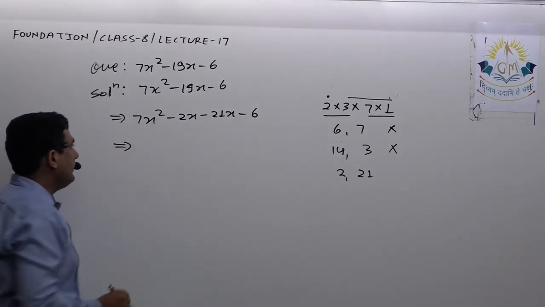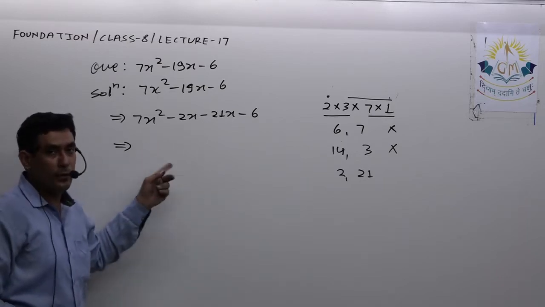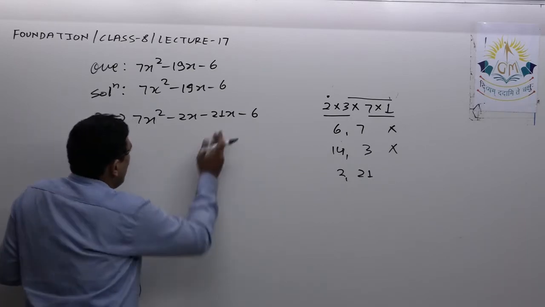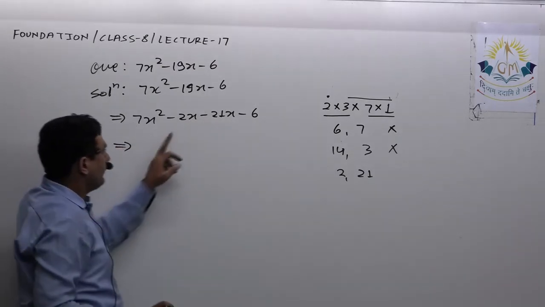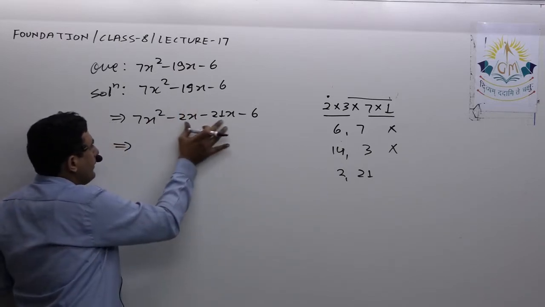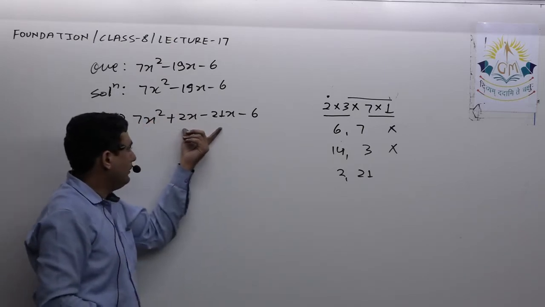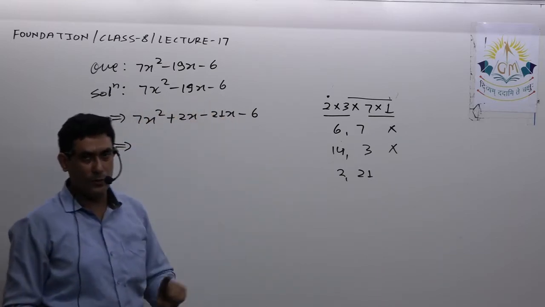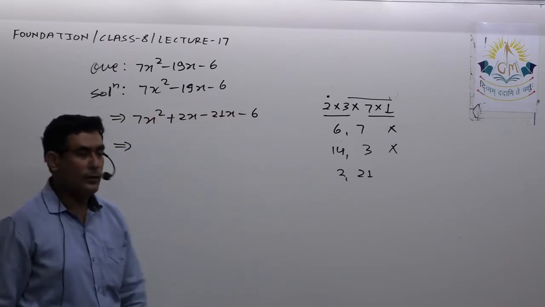Okay, so from these two, it is not possible to take any numeric thing common. Definitely I can take only x common. Some of you might say that it is better to write this 21 over here and 2 over here. That also will be correct. First of all, this is incorrect, because here it is minus 19, and if I take negative, I have to make it positive. Now their product is minus 42x square. Yes, 7x square into minus 6 is minus 42x square. That means the product of these two is the product of first and last.